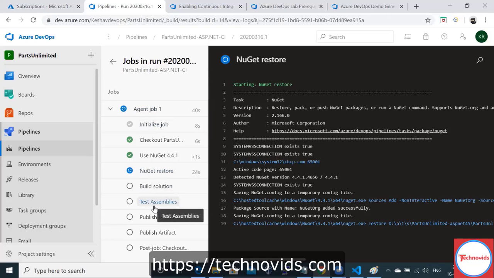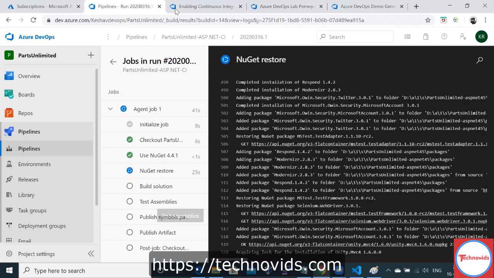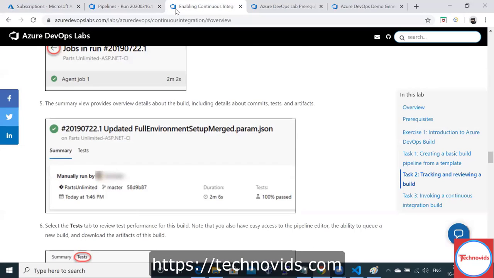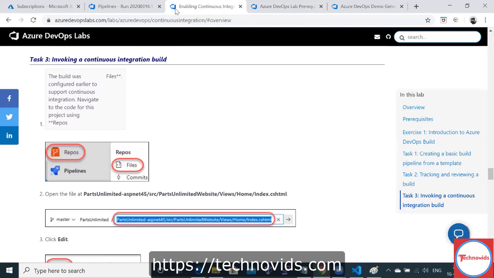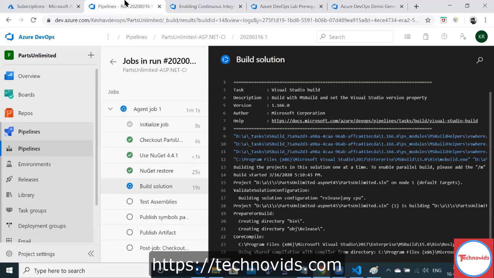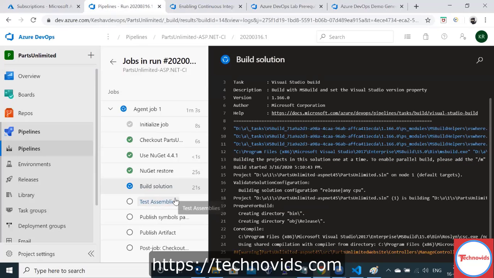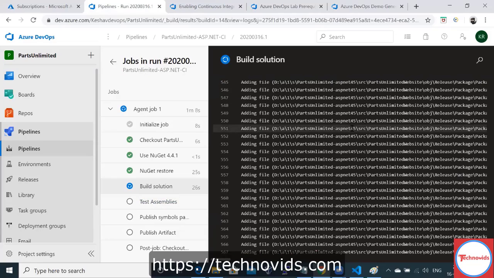It's running. Okay, so this is the build that we ran. Now we will see the automated build as well, and how the automatic build happens.